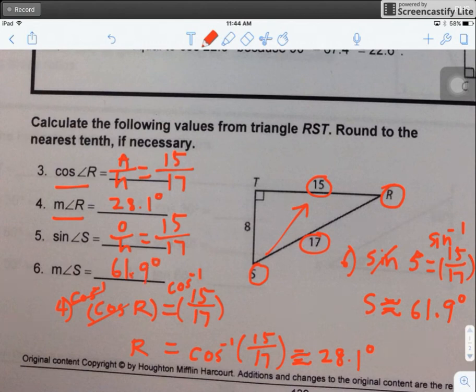And now if we take a look at those two angles, 28.1 plus 61.9, you get 90 degrees, because these two are the acute angles in the right triangle, so they should add up to 90 degrees. And that is